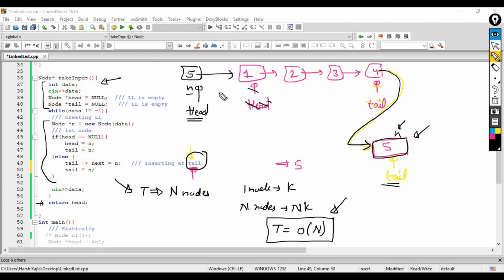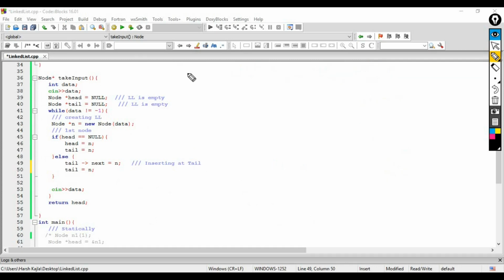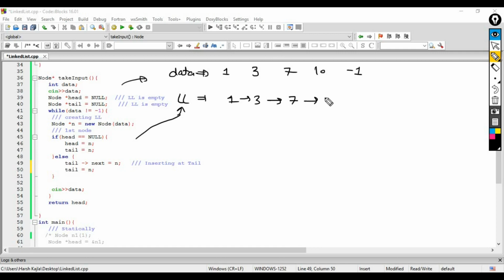Simple. Now your homework is to change this code. I am inserting at tail, but you have to insert at head. What this code is doing: if the data given by the user is 1, 3, 7, 10 and -1, this code creates the linked list in this manner: 1, then 3, then 7, then 10.